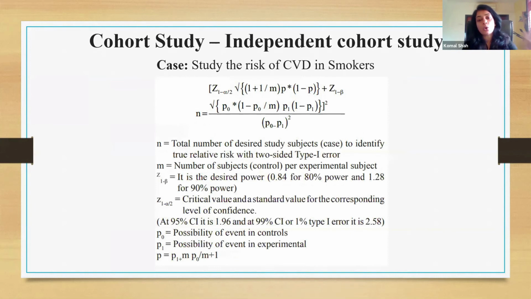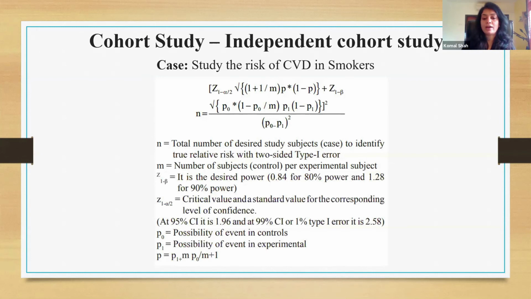The last type is our cohort study. What happens when we have a sample size that needs to be calculated for the cohort study? The equation changes, the confounder changes, and the type of variables changes. So this is the equation that is commonly used for the cohort study. In that, I need an additional value, that is the M value, that is the number of subjects or controls per experimental subject. So over here, the R is expressed as M. So I need the control number of subjects as well as the cases.